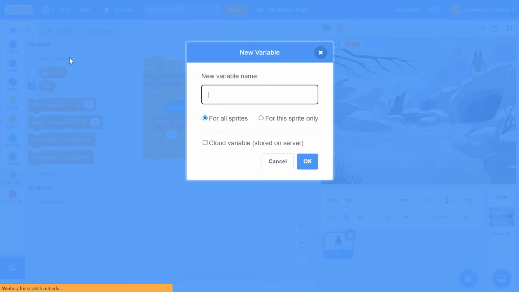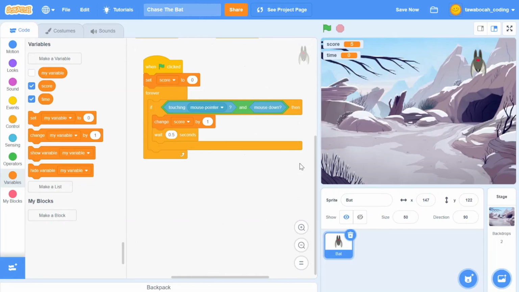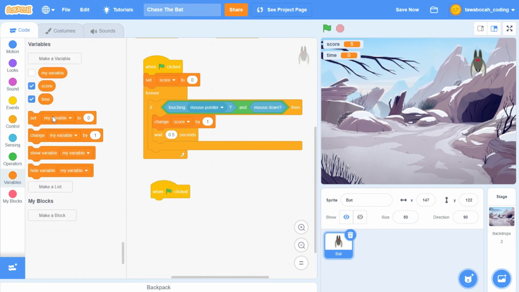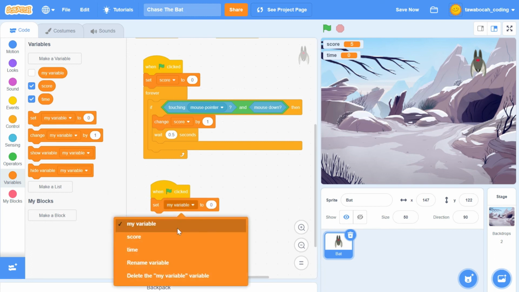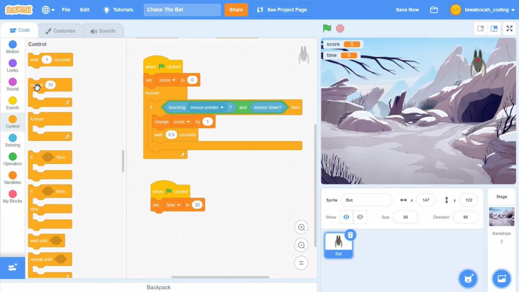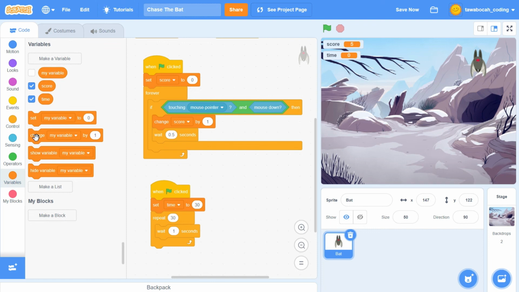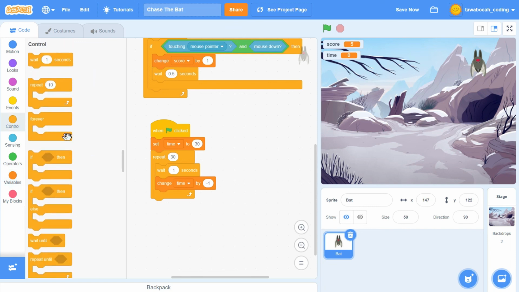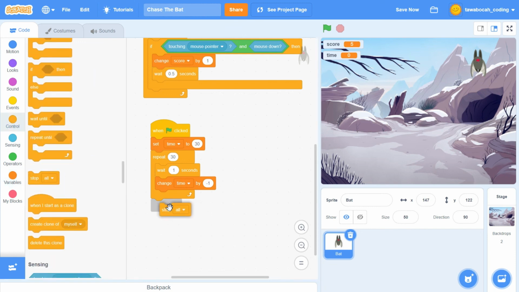Create the variable and arrange the blocks like previously shown. Try it. Now you only have 30 seconds to chase the bat.